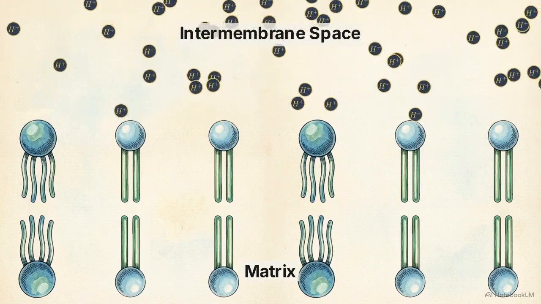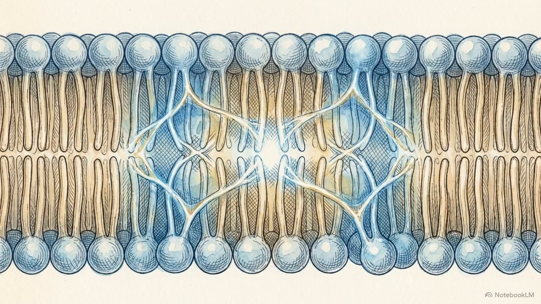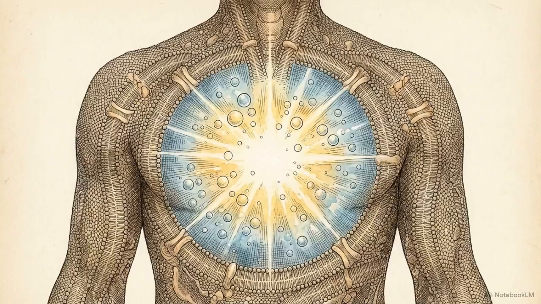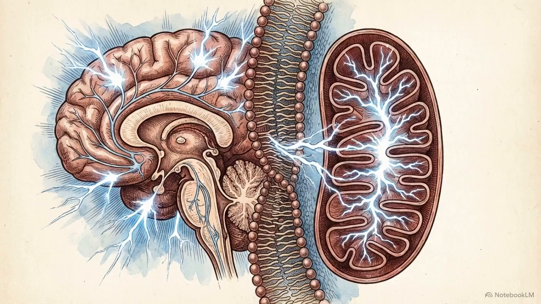We have built a dynamic, self-assembling fluid boundary from first principles. It weaponizes thermodynamic gradients to calculate precise, life-giving voltages. The fluid mosaic model is the tunable bedrock of physiology. Mastering the physical chemistry of this thin film of fat explains the mechanics of human life, from deep neural thought to cellular